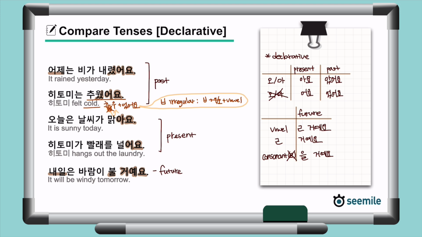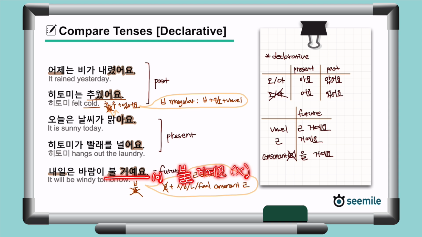Now take a look at this sentence. 불 거예요. What is the dictionary form of to blow? 불다. Since the stem 불 ends in the consonant 리을, we realize that the final ending 리을 needs to be deleted when it is combined with an ending that starts with 시옷, 비읍, 니은, or final consonant 리을 as in 리을 거예요. We call that the 리을 deletion phenomenon, and when it is applied here, the sentence becomes 불 거예요, not 불을 거예요.